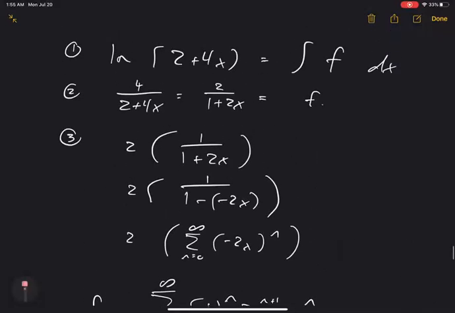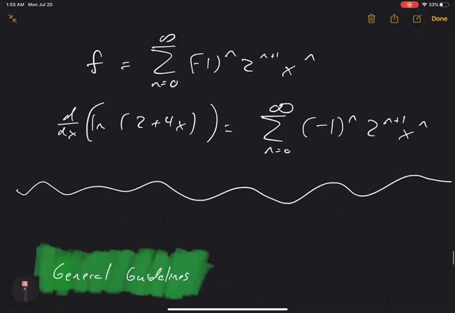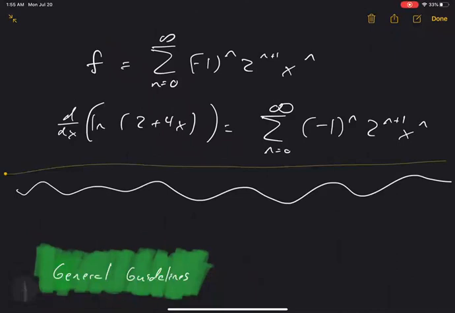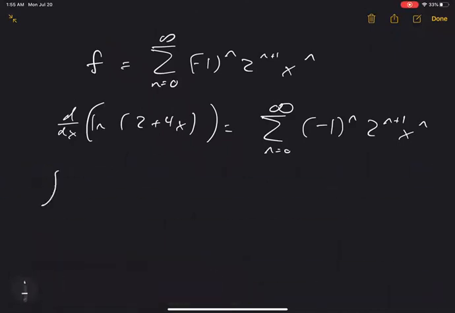And let's see, should that be, yeah. Now let's integrate both sides. So basically, if I integrate the left side, the integral and the derivative will cancel, okay, and I'll be left with ln of 2 plus 4x, plus C